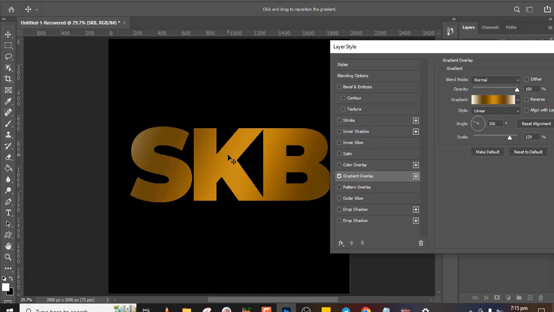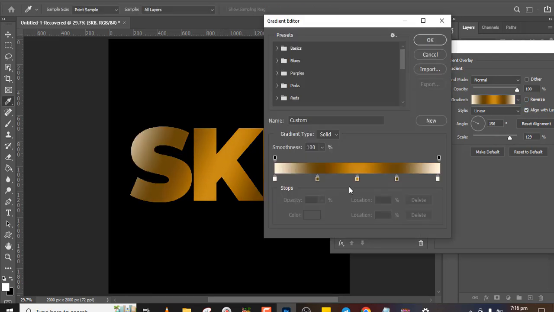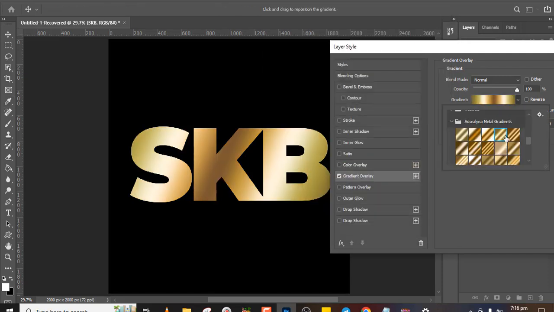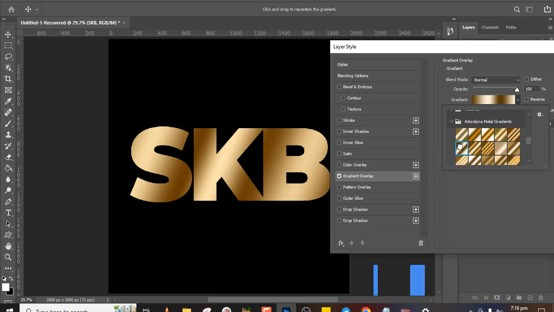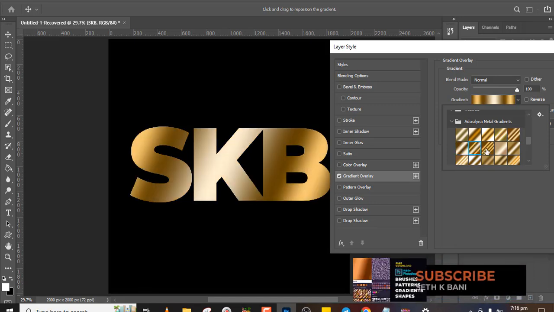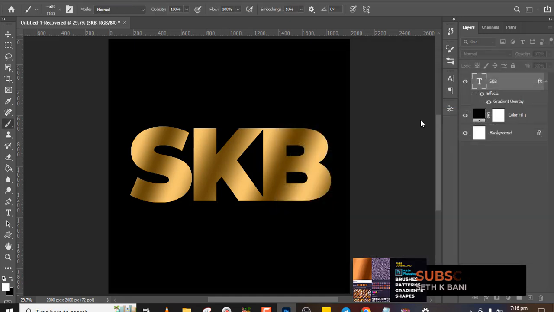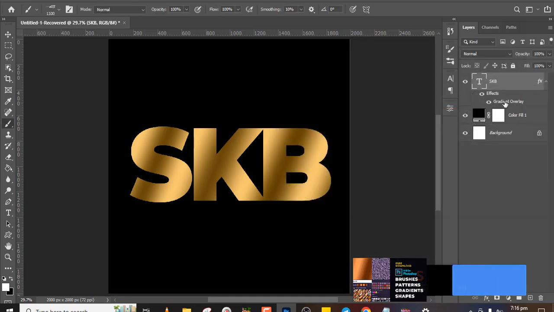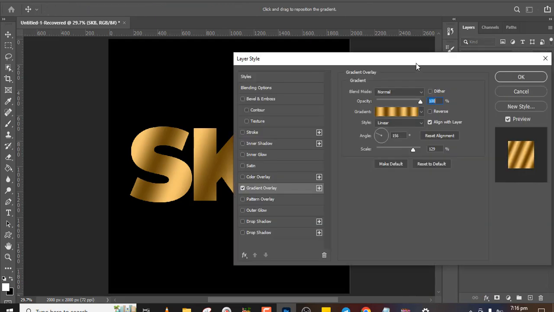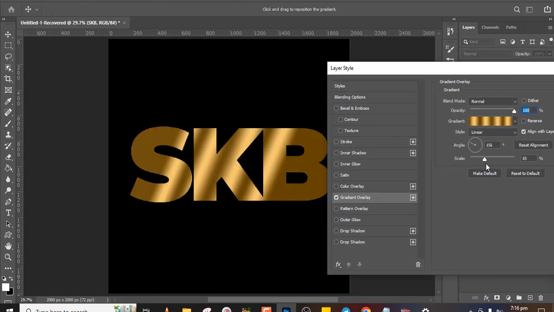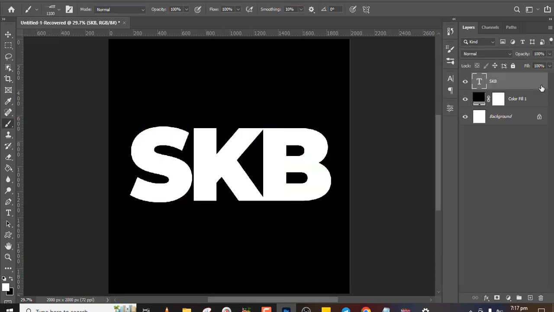Let's say this is good. You can choose this as well, and this, and this. There's a lot of it to spice up your work. Let's say we are going to pick this one. You can double click on it and then work on the scales over here. That's just for the gradient. Now I also have